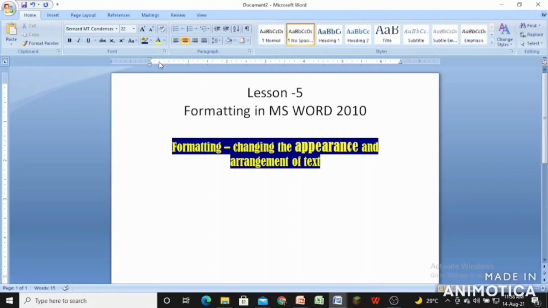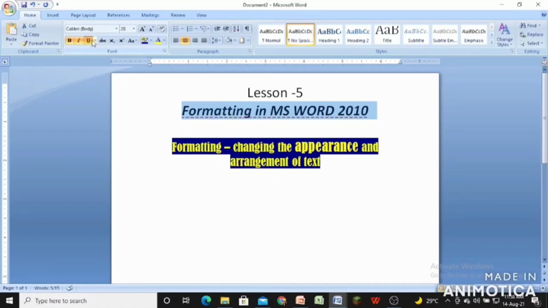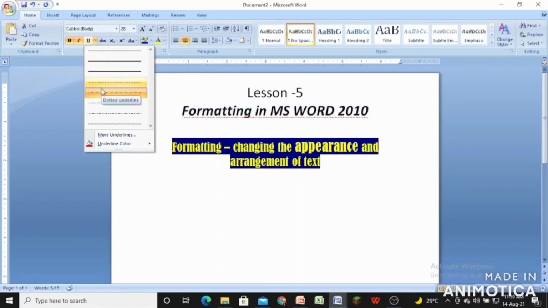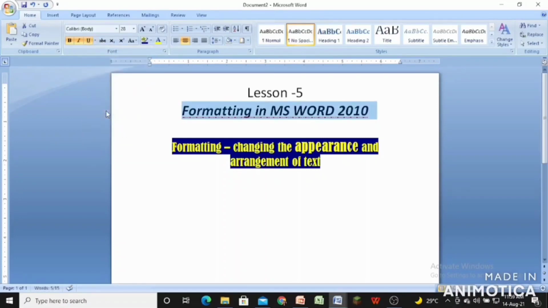Next is how to make the text look bold, italics and underline. Let me select the name of the lesson. I am selecting this. After selecting this, from the font group, click on B button. You will notice that the text has become darker, italics, underline. Now to underline, there are various other options also to underline the text. So this is to underline. So this was all about bold, italic and underline text.